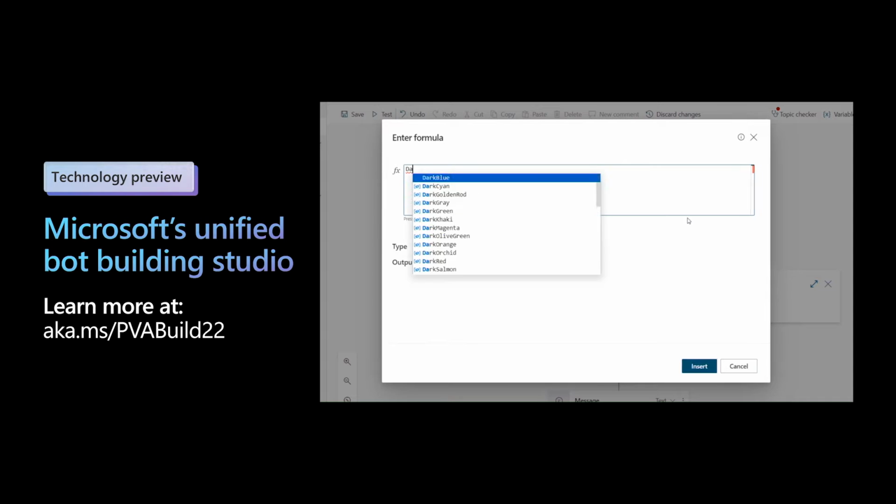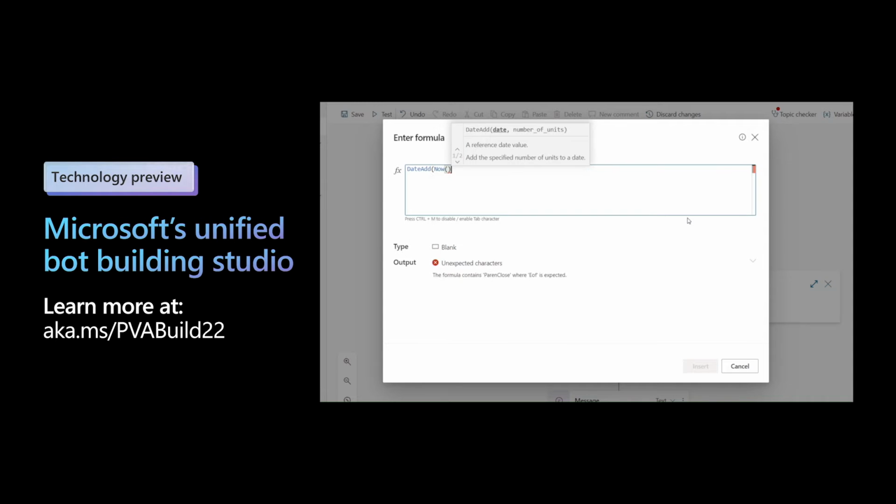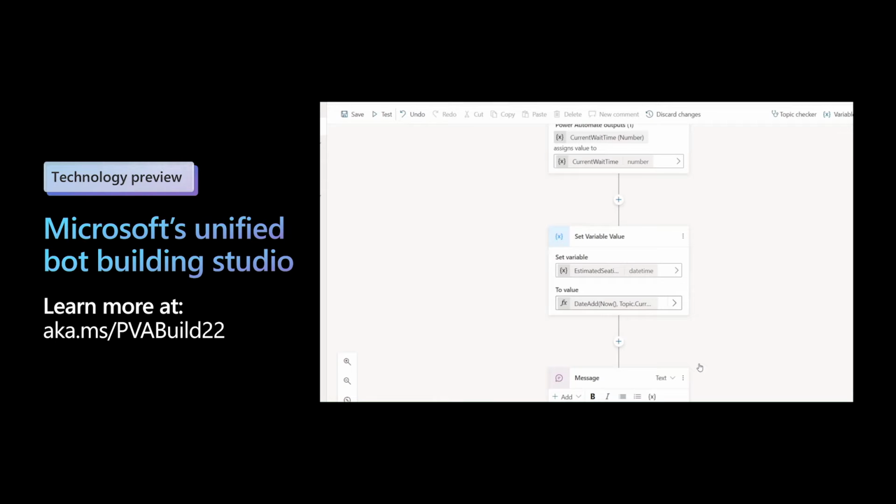And with this evolution and the deep and continuing integration of Azure Bot Framework and Microsoft Cognitive Services, it's also the single unified conversational AI studio from Microsoft for subject matter experts and developers alike. I'm going to hand you off to Stephen now to talk about automation through conversation and the new announcements for Power Automate. Thank you. Thanks, Omar.